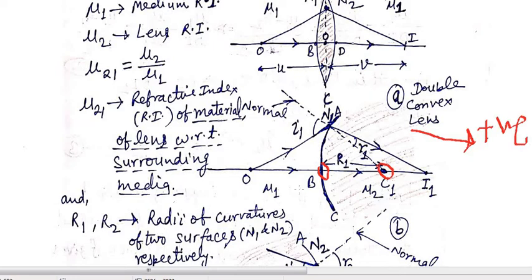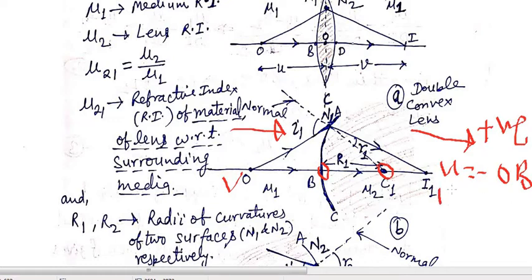So here if we will measure the distance from the pole of this spherical surface, that is from the B, which is the pole of this spherical surface, object distance U will be minus OB here, and it is opposing the incident ray. So using sign convention, U is equal to minus OB. As rays are coming from left to right, this will be positive direction, and we are measuring the distance of object O from this point B, so it is opposing this, so U equal to minus OB.